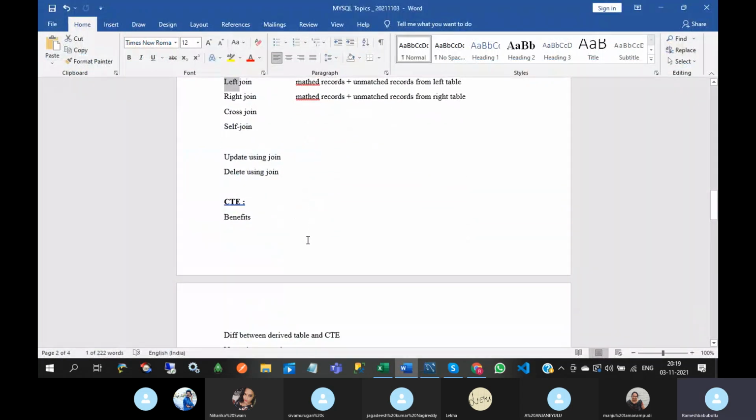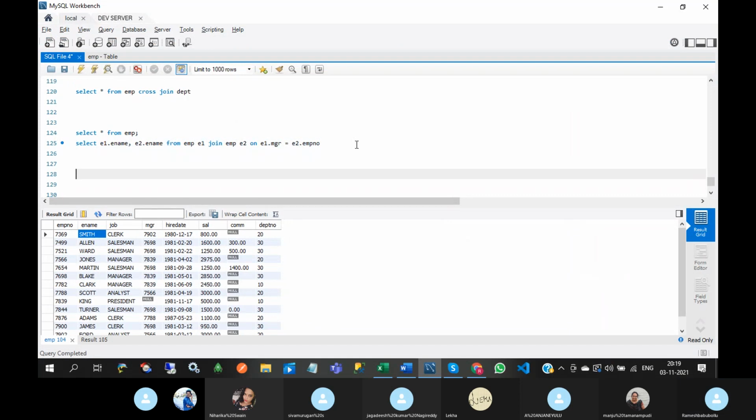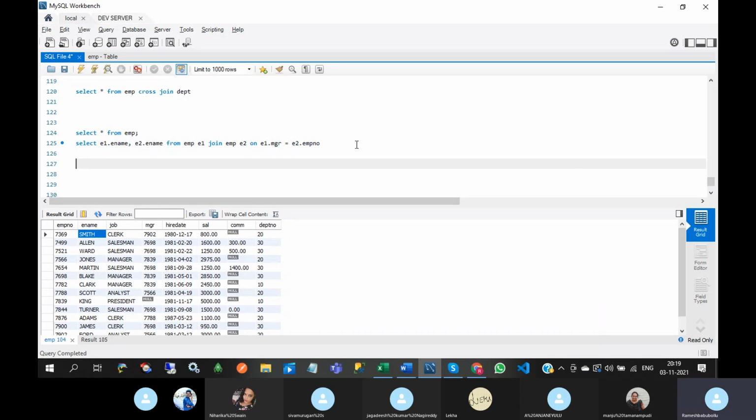Update using join. For this we can use the join condition in update queries also. So I will take one scenario. Create table EMP100 as select star from EMP.